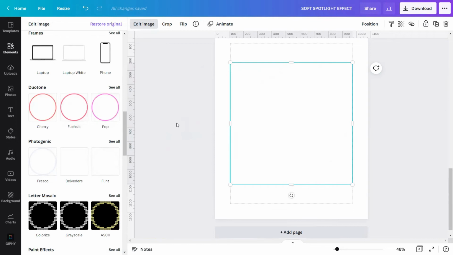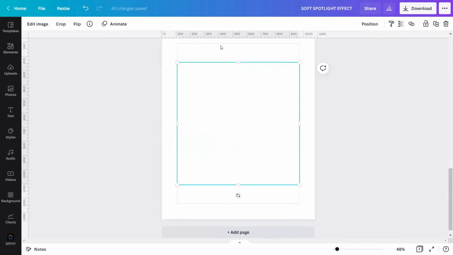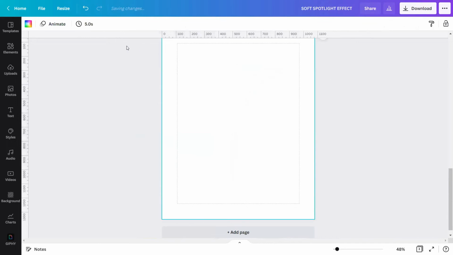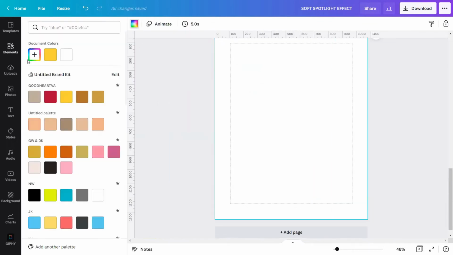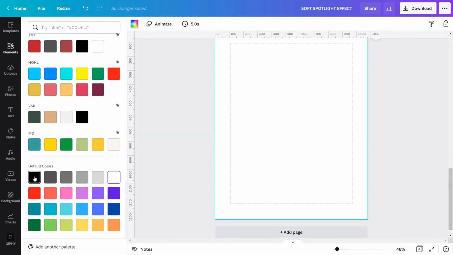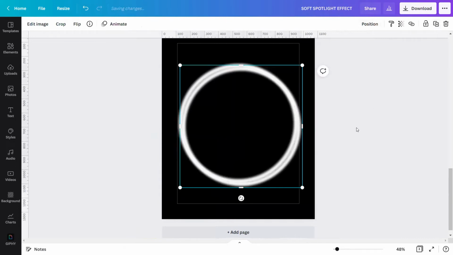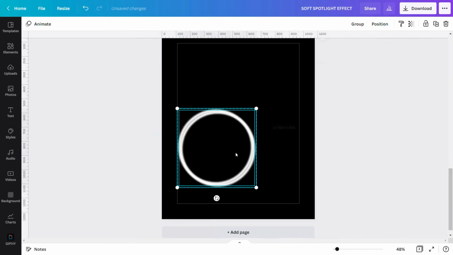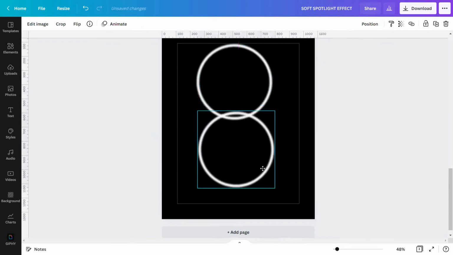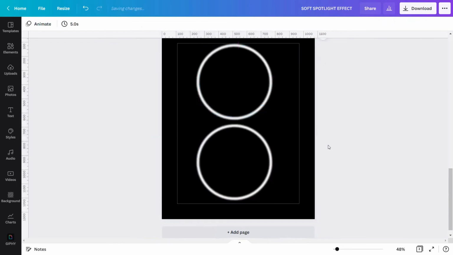Once all changes save, I will change my background color to black so that you can see it more clearly. Now you see it. I will duplicate this white circle to make it 2. Let me just arrange it here so that you can see the 2 elements. For the first one, I will apply another adjust settings to make the edges of the spotlight clearer. Using this circle, go to Edit Image,